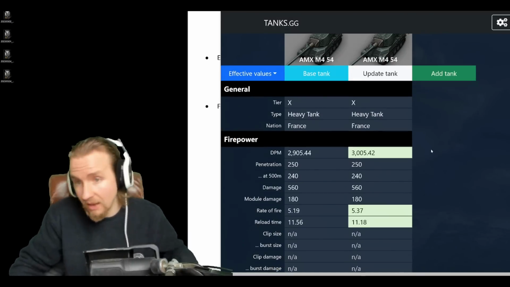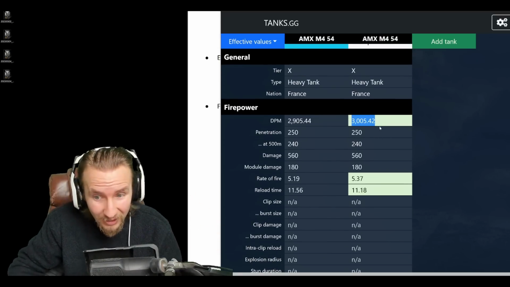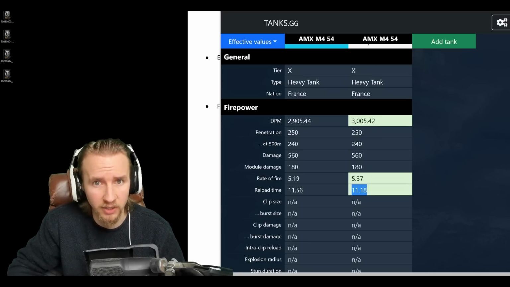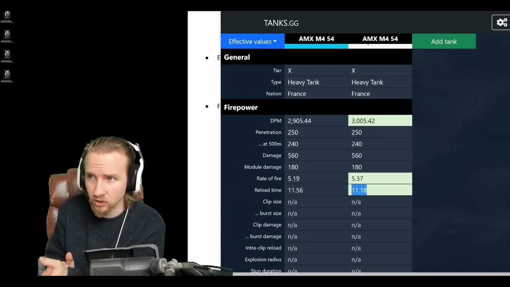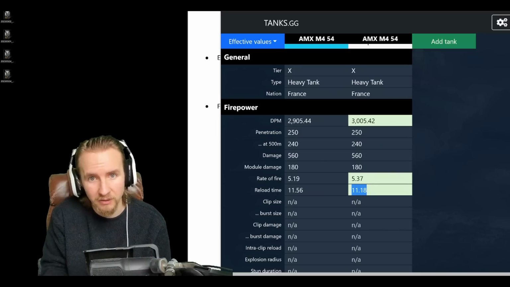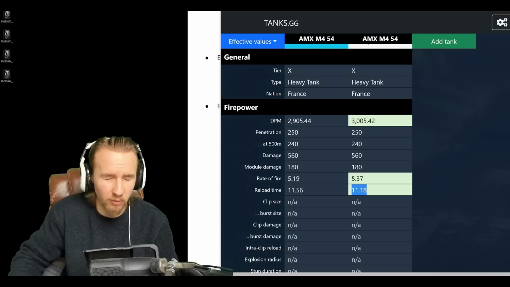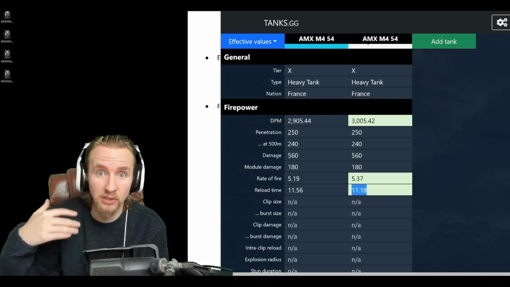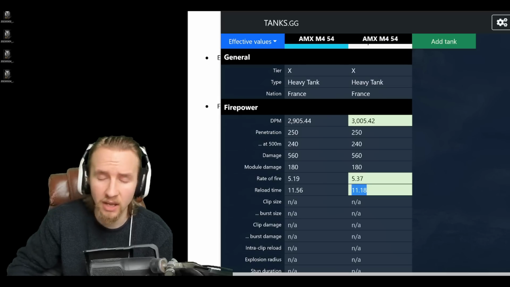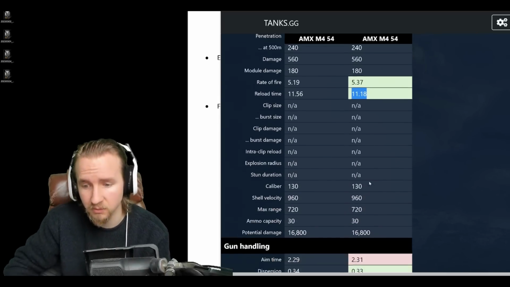slots. So the AMX M454 with the Bond equipment just has literally 100 damage per minute more because it is shaving off 1/3 of a second on its reload. We're talking about 1, 2, 3, 1, 2, 3. That is the kind of difference that just having Bond equipment will allow you to fire than a non-Bond equipment player. And when it comes to those close quarters combat situations where both of you have fired at the same time, you know that the person with WoT Plus and the Bond equipment is going to be able to shoot